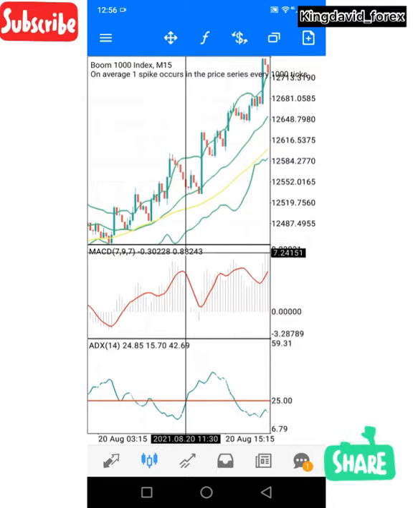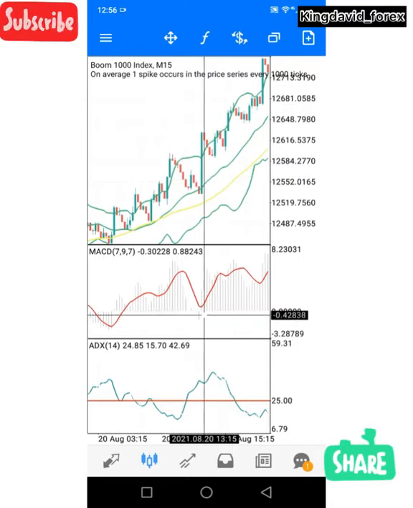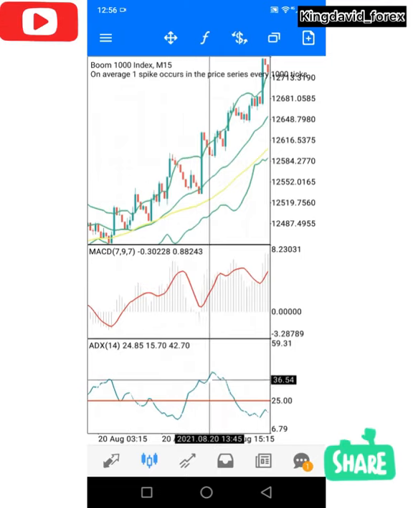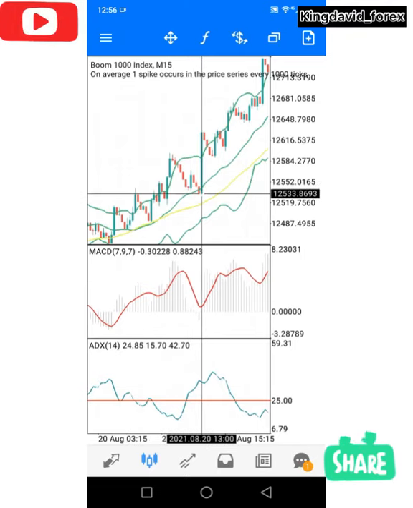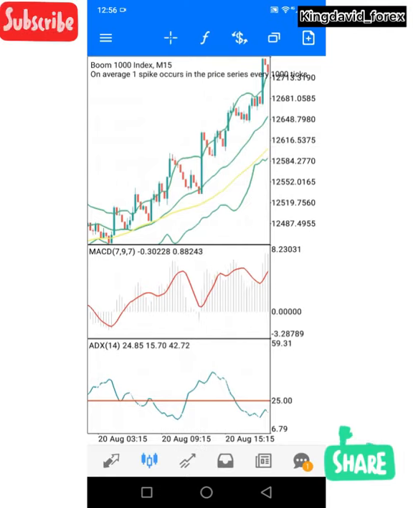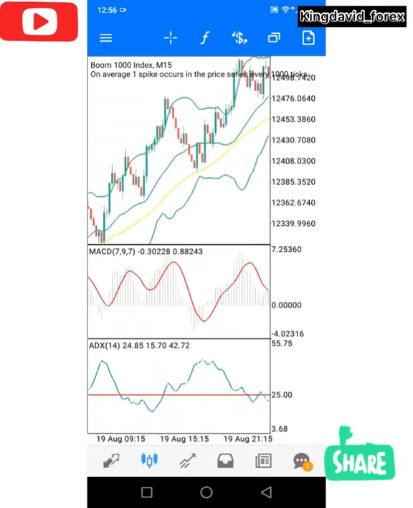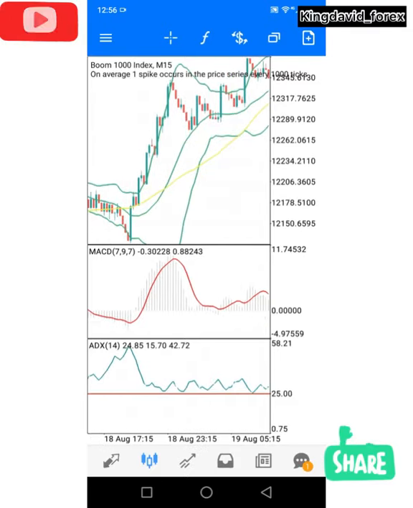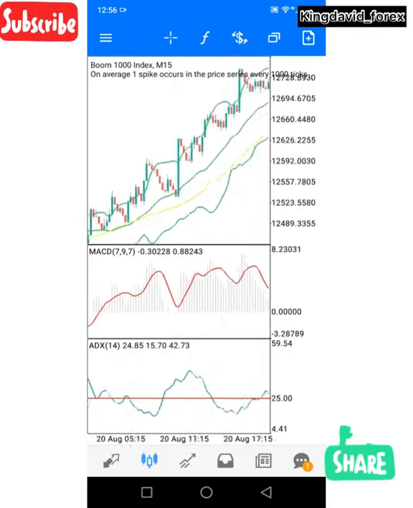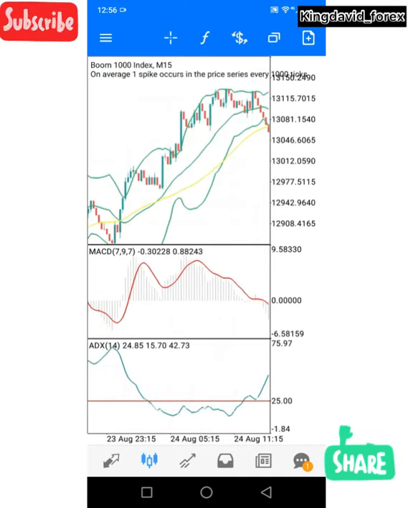Now MACD of course is facing upward, and ADX is above 25, so you can use that to catch a spike, and you can see the spike that occurred. So there are many ways to make it work with this strategy, just to practice it and see the efficacy. It works for boom and crash, volatility, even